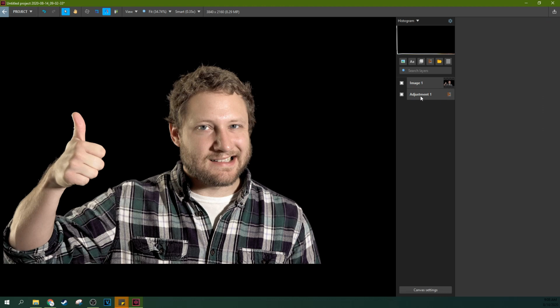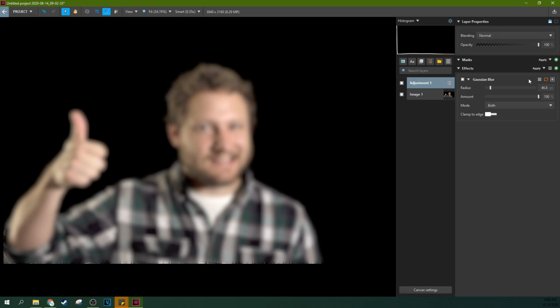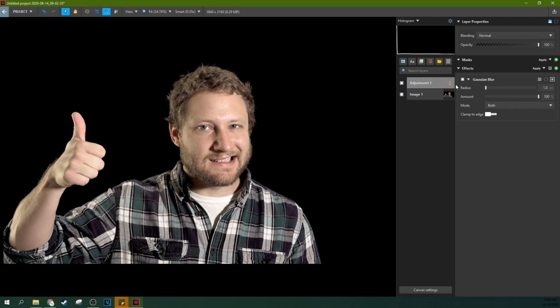So now, if I put my image above the adjustment layer, I'm not blurry. But if I put it below the adjustment layer, I'm blurry. So let's go back to this one. You can reset anything by just hitting this little circular button there, and you reset. You can bypass something too. So if you want to see what it looks like without a certain effect, you can just hit this little